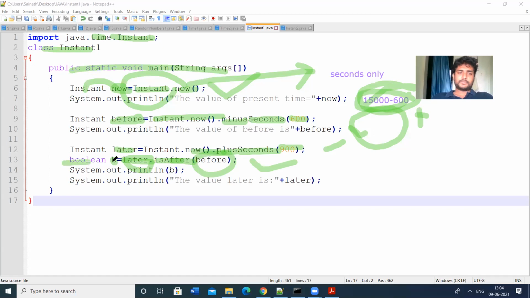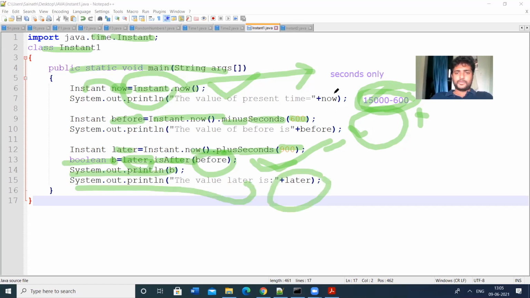The return type is boolean, that means true or false will be displayed. If this comparison is true, true will be displayed. If it is not, false will be displayed. So I am displaying the b value with System.out.println. The later value also I am displaying. So I am displaying the current time, before time, after time.